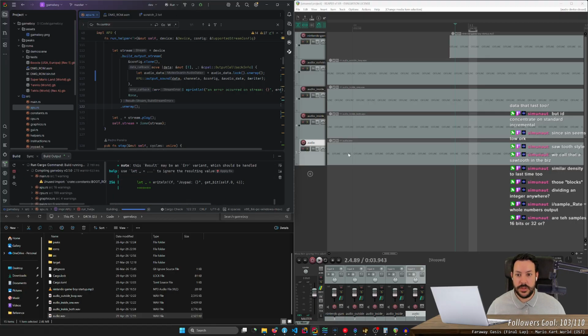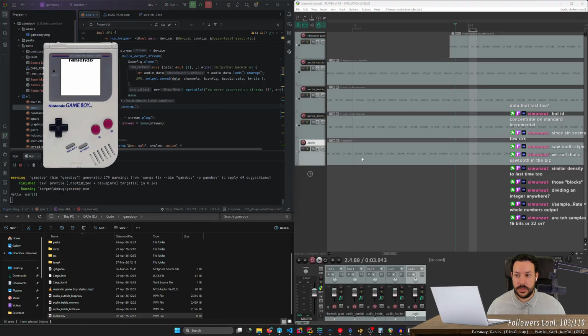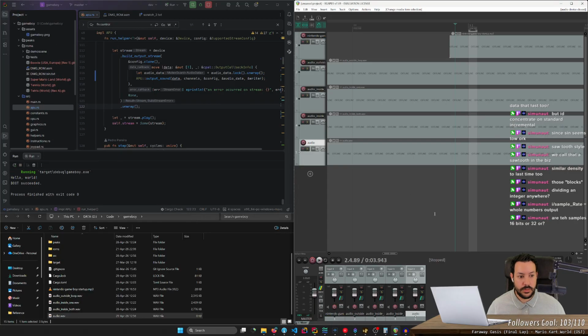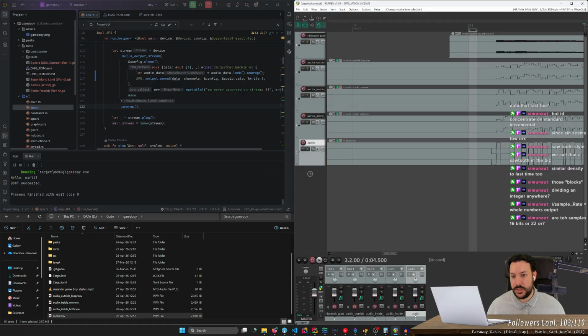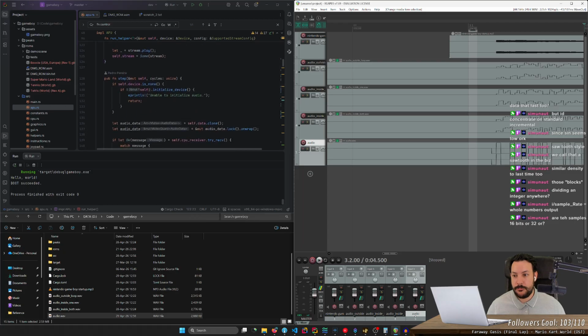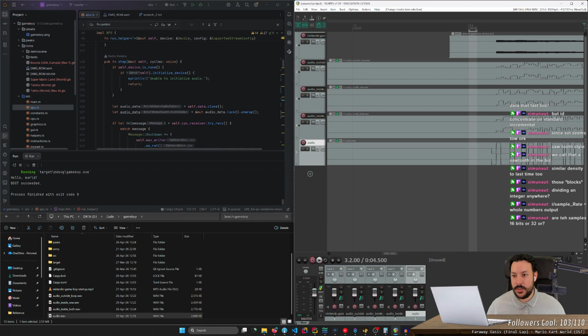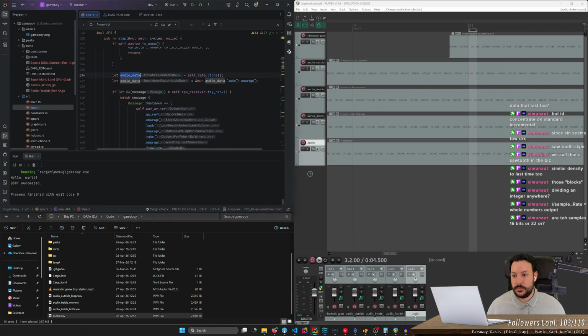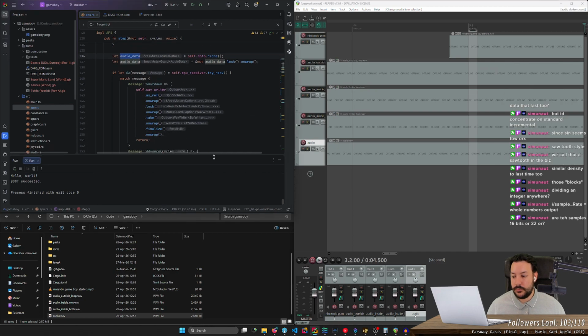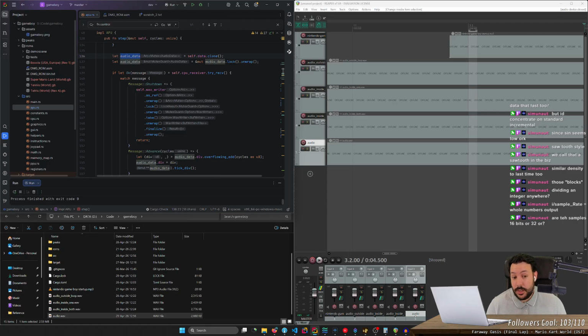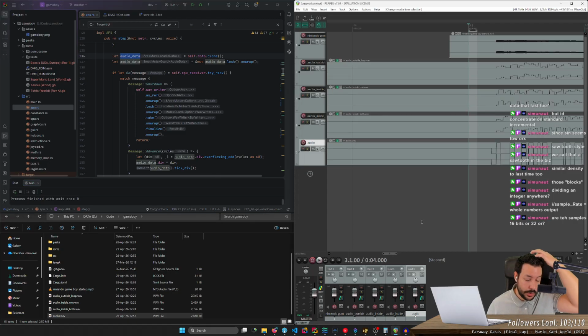Does it work if I do this? Maybe I shouldn't pass a reference. I don't know. No, still looks like shit. I really don't know.